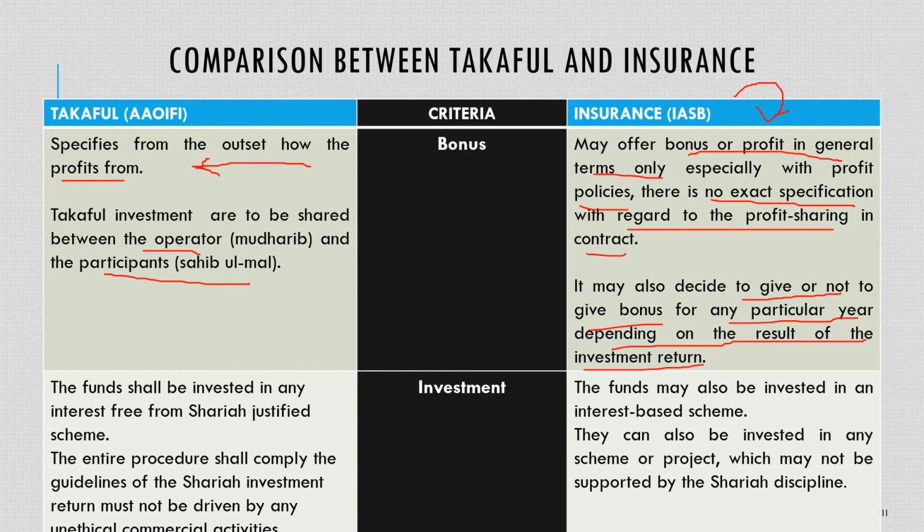So this one is more hidden information. So dia tak betul-betul explain to the person yang involved with the insurance. Diorang takkan, maksud dia ada hidden information. So it is the third party yang jual insurance tu, dia boleh je fikir ataupun dia boleh je buat keputusan whether dia nak bagi bonus atau dia tak bagi bonus on that year.